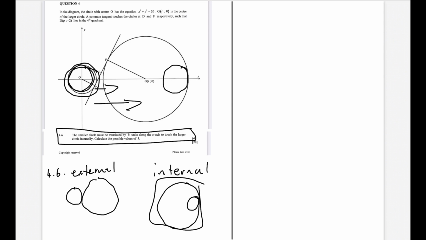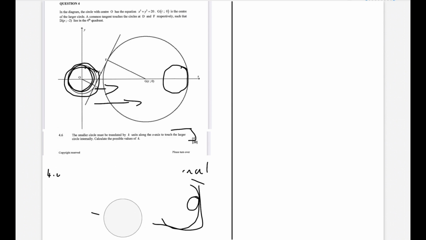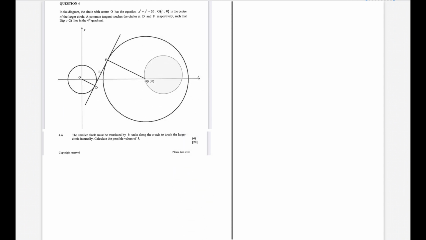The smaller circle must be translated by k units along the x-axis to touch the larger circle internally. Calculate the possible values of k. So calculate how much we should move it along the x-axis for it to touch the bigger circle internally. Now,